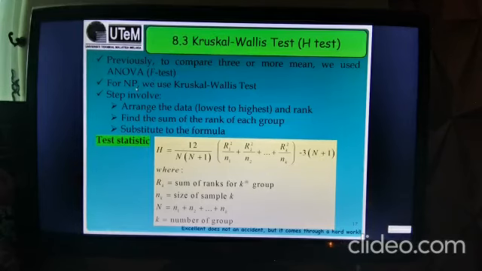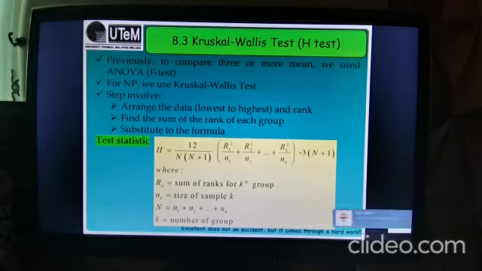But now for the non-parametric case, we use the Kruskal-Wallis test to test for more than 2 populations. For one population we use the sign test. For 2 populations we use the Mann-Whitney test, and for more than 2 populations we use the Kruskal-Wallis test. The steps involved for this Kruskal-Wallis test are